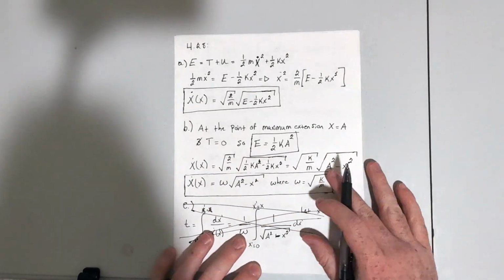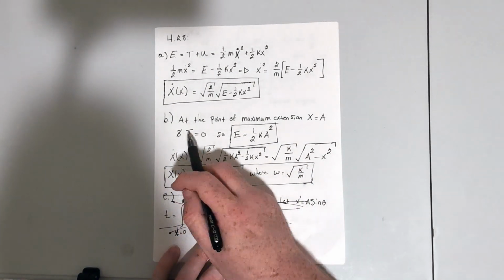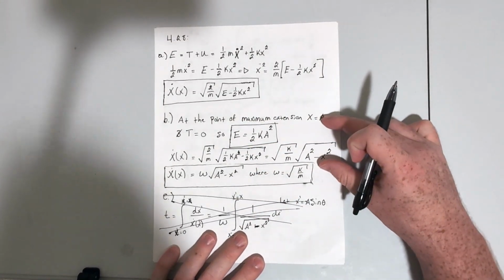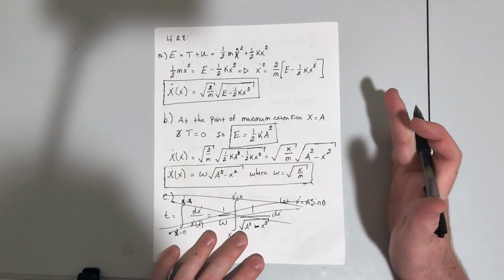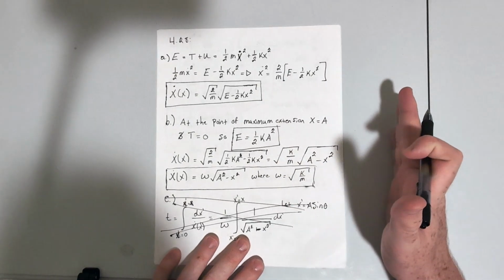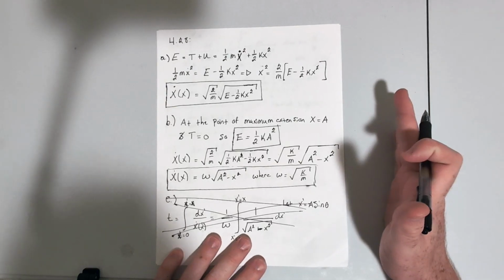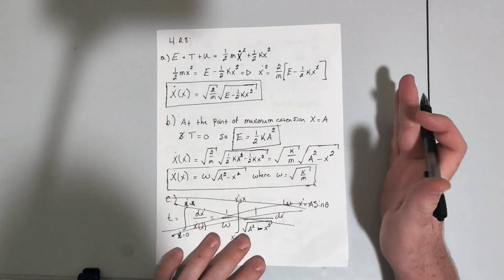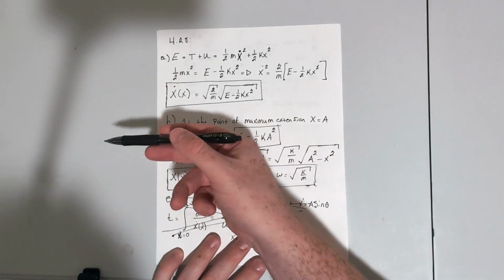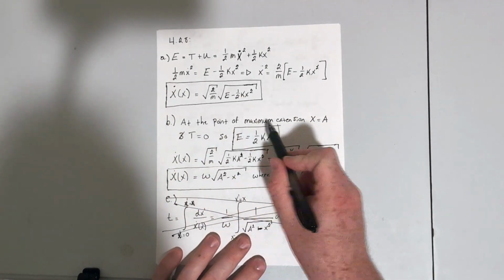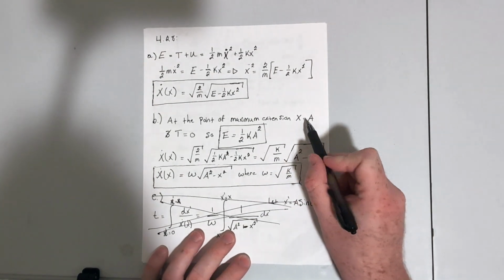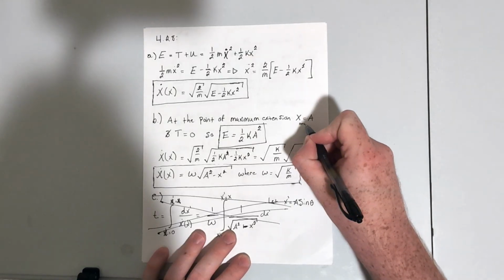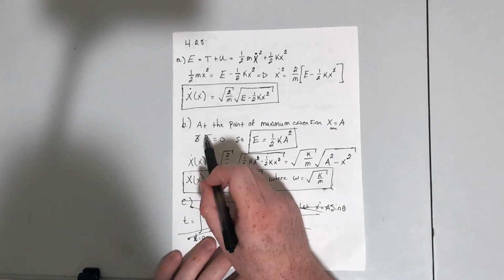Now, for part B, when the mass is at its maximum length, it's reached the maximum length that it's going to reach, it should have no kinetic energy left, right? It should be basically at a standstill because it's about to start oscillating back in the other direction. So at the maximum length, which we define as A, the problem says x max is A, the kinetic energy